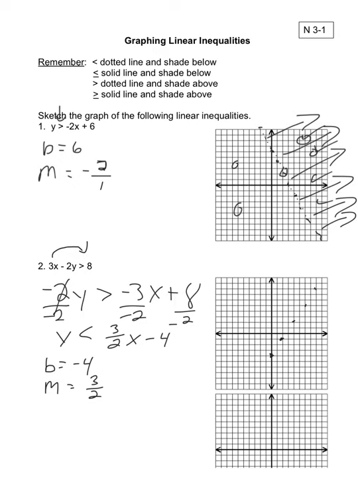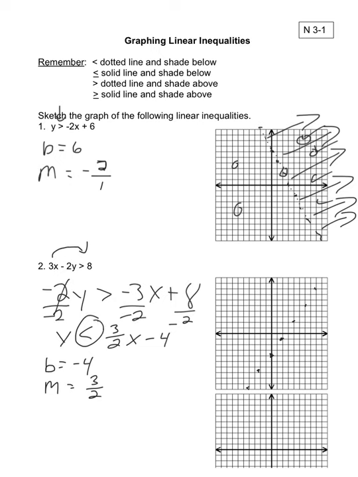I can do the same thing in the other direction because a negative over negative is a positive, so I could go down 3, 1, 2, 3, to the left 2, and I see that it is on the same line. Looking at the inequality